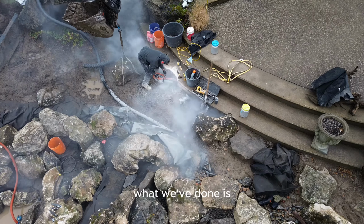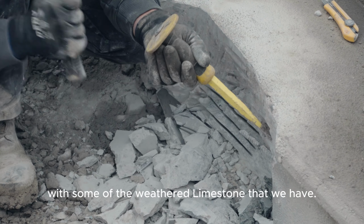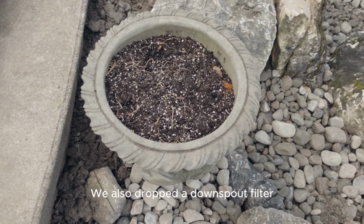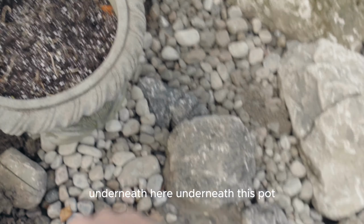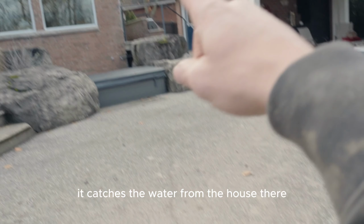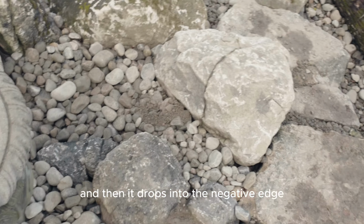What we've done is we just notched out these steps a little bit with some of the weathered limestone that we have. We also dropped a downspout filter underneath here, underneath this pot, which is why there's flower pots here. It catches the water from the house there. It's quite a bit of water that comes through here underneath this patio, and then it drops into the negative